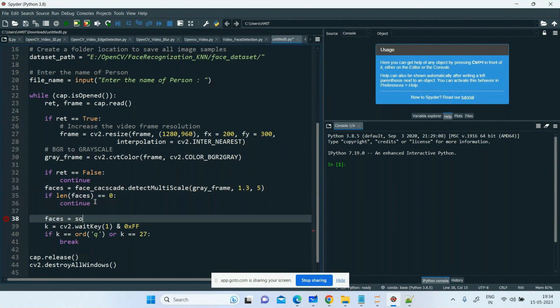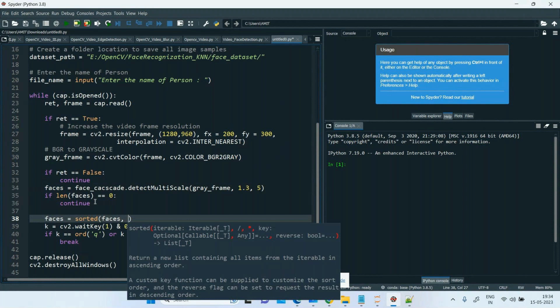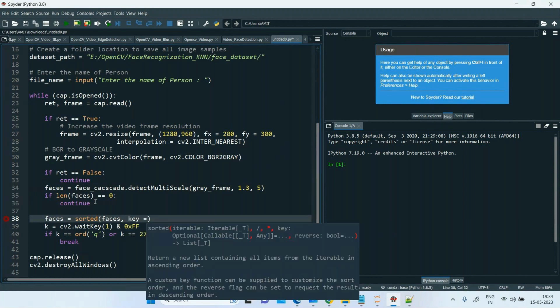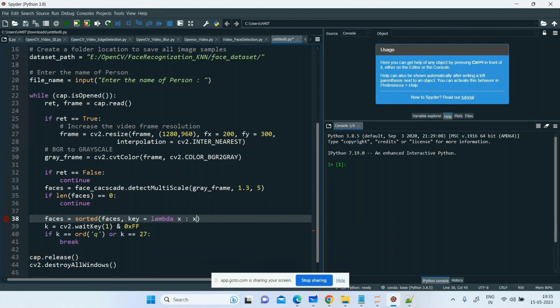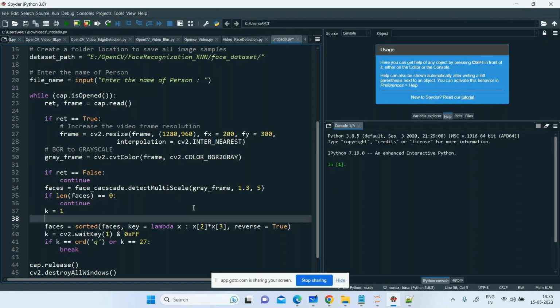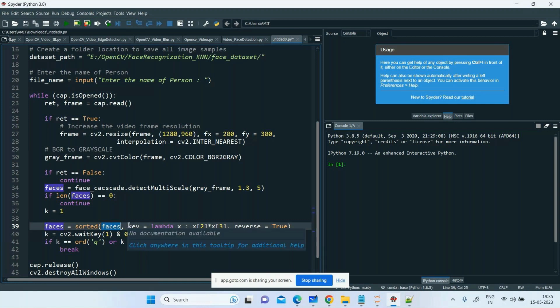Faces equals the sorted function. I wanted to arrange them in sorted order. Faces, which is my data, key will be equal to a lambda function, x colon x of 2 multiplied by x of 3, and we want to arrange this in descending order. What exactly is this? I'll tell you in a minute. Remember that faces are going to be my main data. We are trying to sort them in descending order,